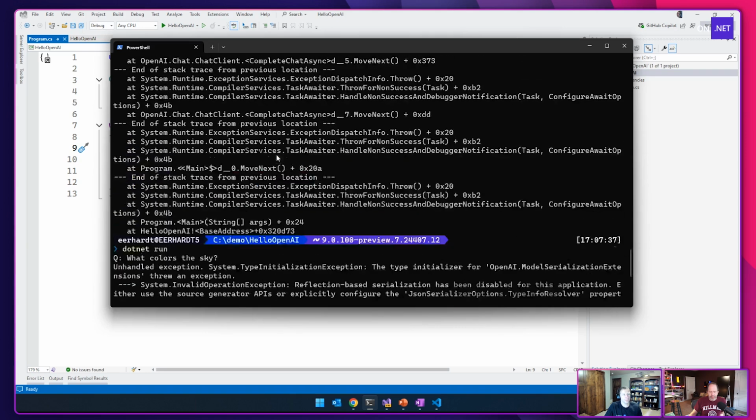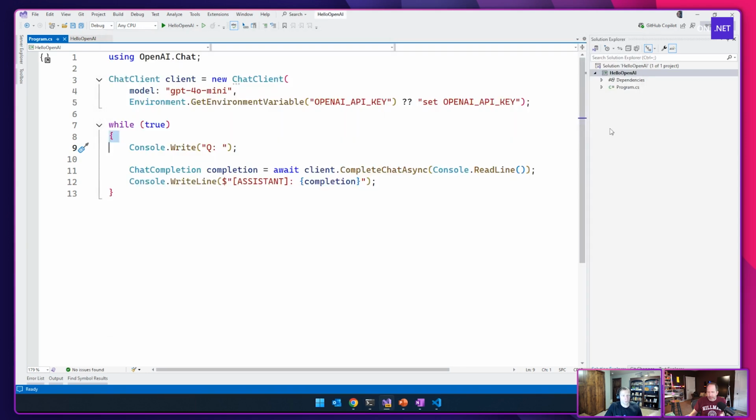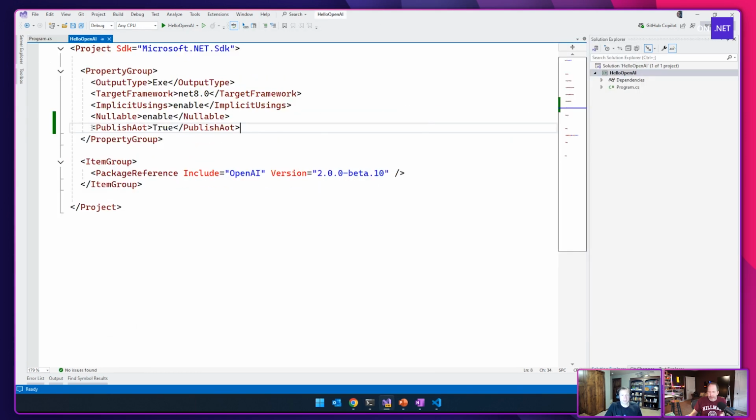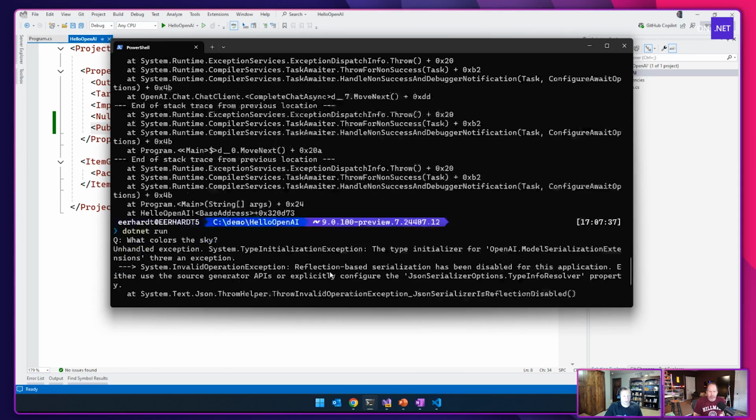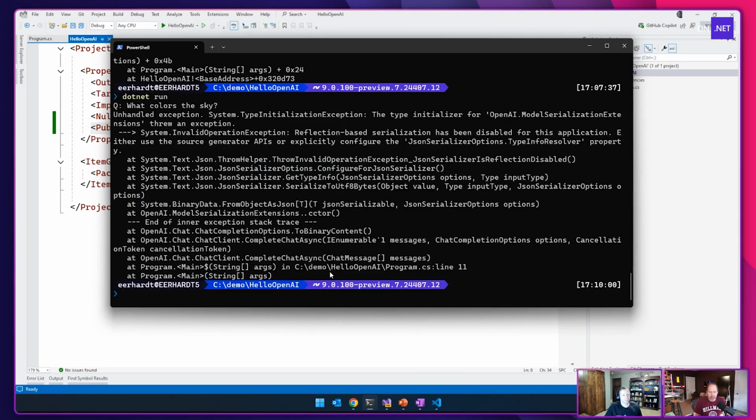Right. So that's why we highly recommend putting publish AOT, publish trimmed, et cetera, into your CS proj, because the behavior of your app is going to mimic how it will act when it's AOT'd, at F5 time, at .NET runtime. Okay, that's a good tip.